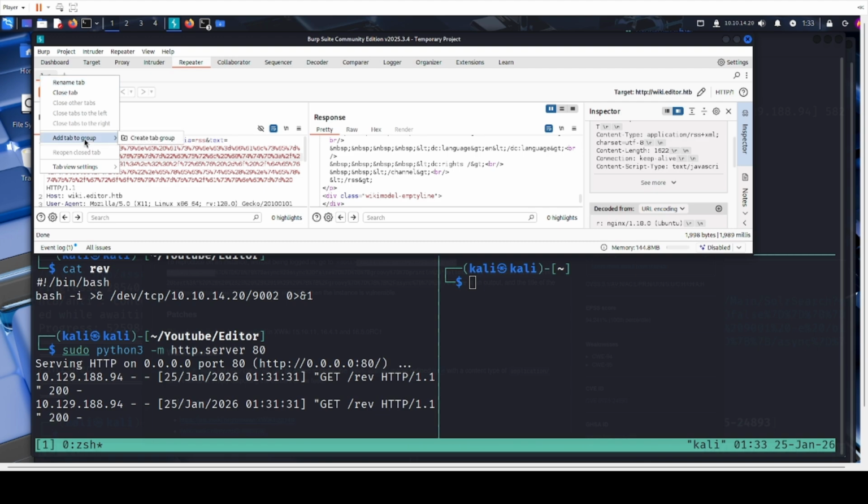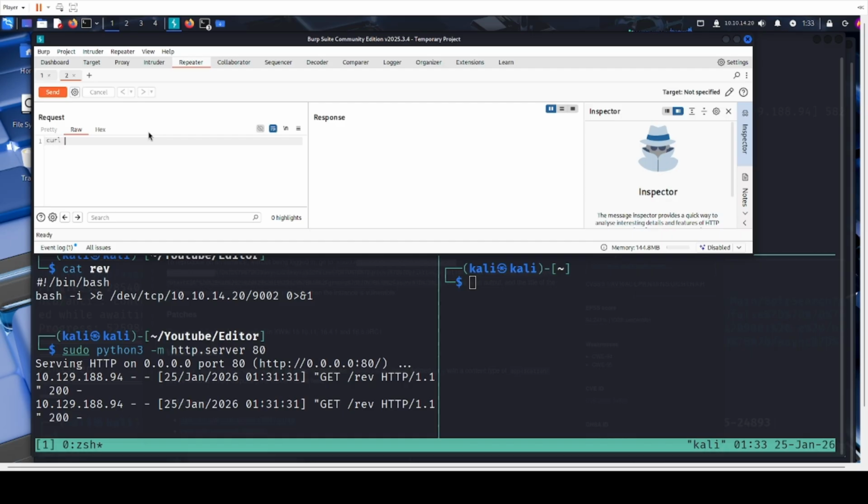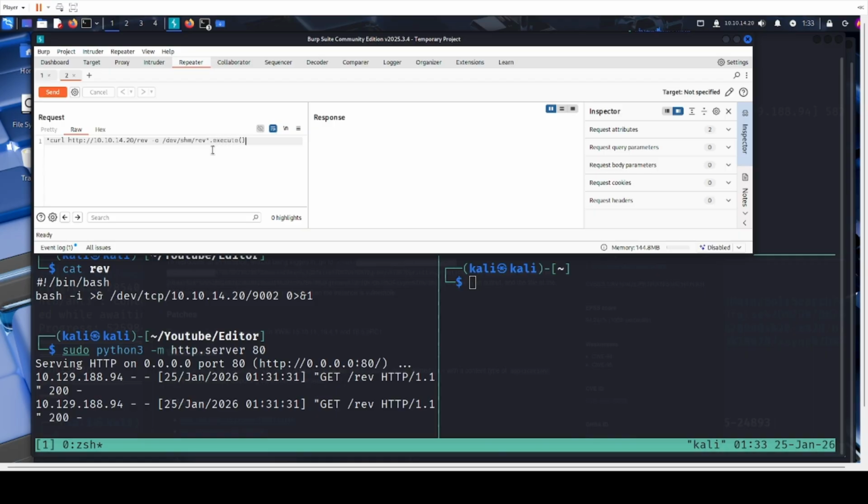I can just curl, and want to execute this also. So with the curl command, we are telling it to go to our IP address and pick up that ref file, and